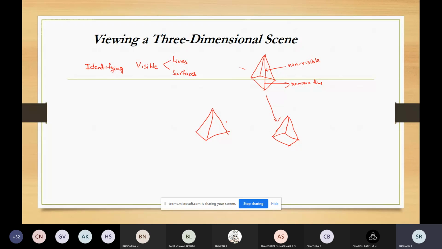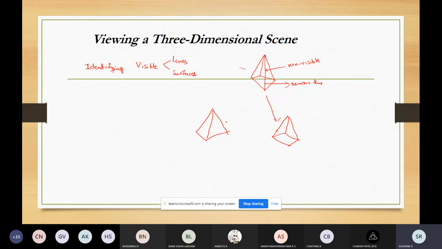Also, this wire representation is generally used to get an indication of the object's overall surfaces, overall appearance, and the front and the back view. When you want to produce a realistic view of a scene, the backside portion of the object will be completely eliminated, so that only the visible surfaces will be displayed.